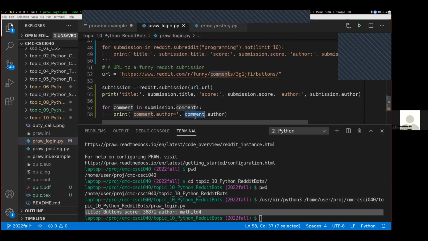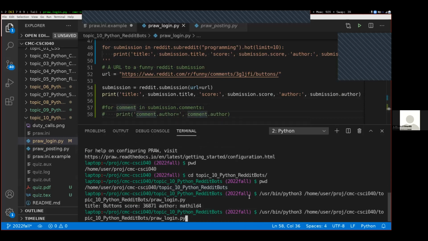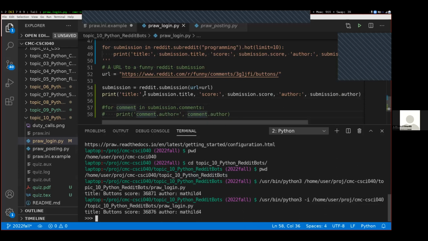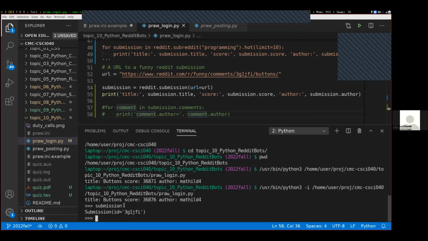So this comment type has a bunch of different things inside of it. Last time, actually, one last thing that we did before we run that code up there. I've commented out the code up here. I'm going to rerun this by going into interactive mode. So adding the -i right here between my python3 and the name of my file sends me into interactive mode after running all of this code. And we did a lot of stuff in interactive mode last time, exploring what the praw library is able to do for us. So we had this submission type, and we saw that